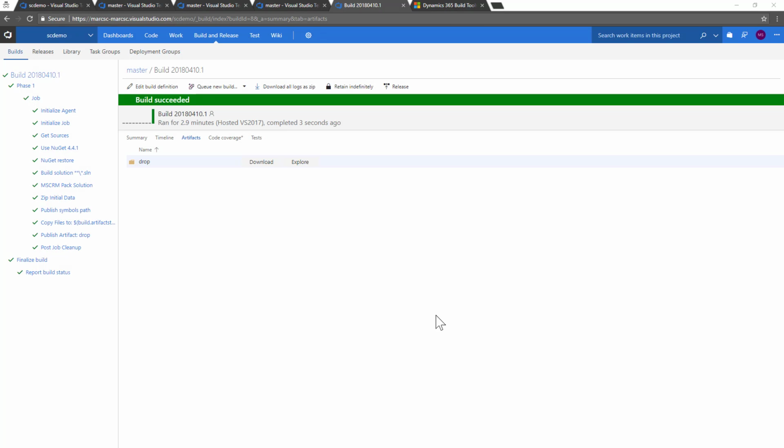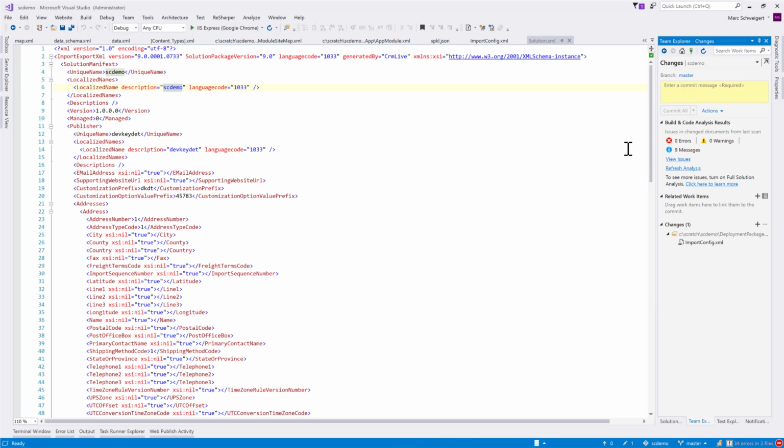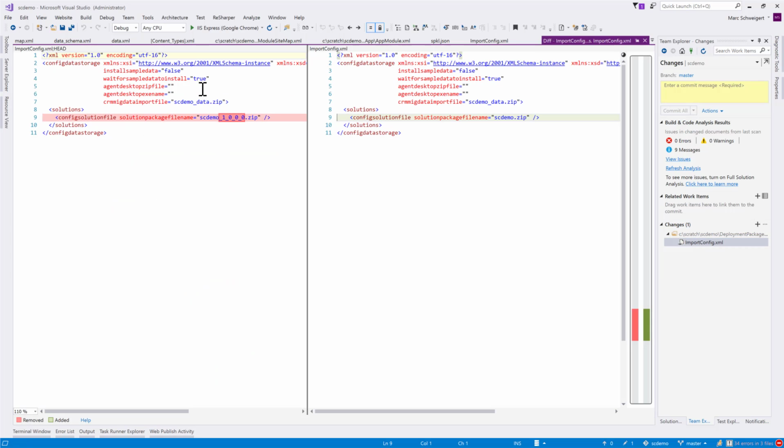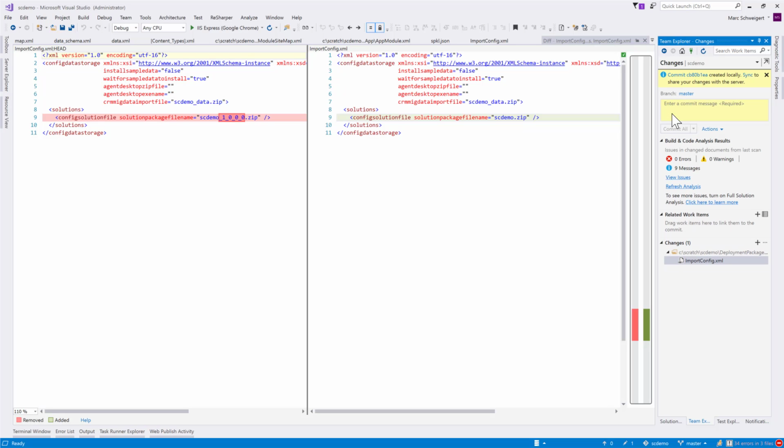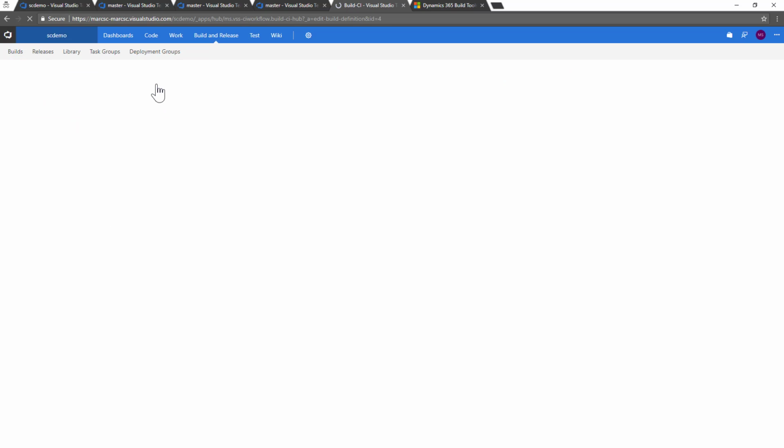But remember, I made a change over here to the import config to make sure it used the right name for the file. Right? We changed that. We need to get that in for the deployment automation process to work. So I'll go ahead and commit my changes and we'll say changed file name, commit all. Now before we push this up to our remote repository, let's go back into VSTS and let's edit the build definition here